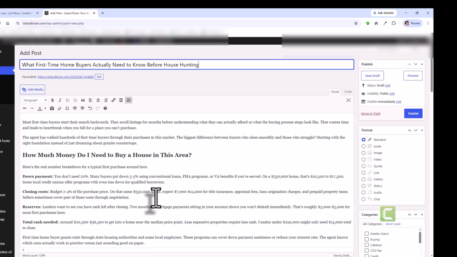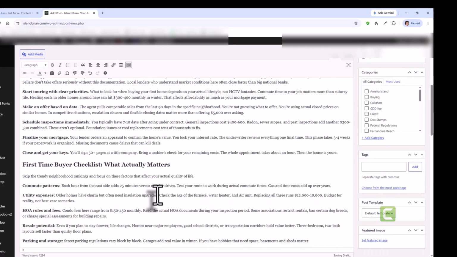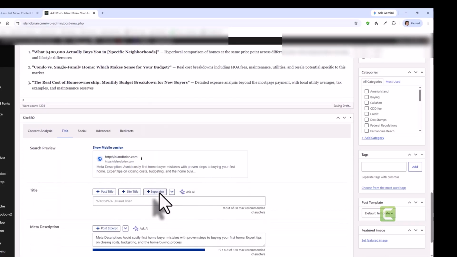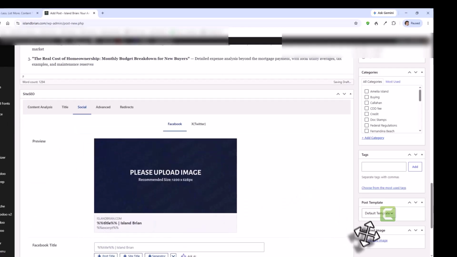Go in each morning that you want to, Monday, Wednesday, Friday, for example, and post that blog. You want to have two or three blogs a week, depending on how much you want to get out there concerning your brand, how much interaction you want to have with individuals, and how quickly you want to grow. Very important, I would recommend updating any of this social stuff here up to your image, whatever feature image